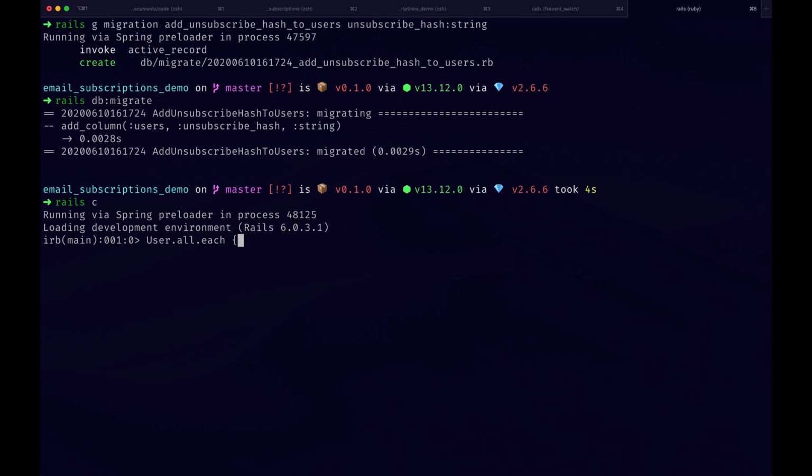So we'll just say user.update, and then pass in that unsubscribe hash column, and within it we'll just do that SecureRandom.hex call. If you run this, it should be all set. So if we say User.all,